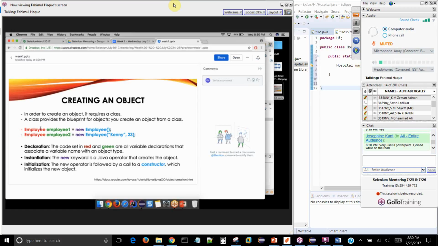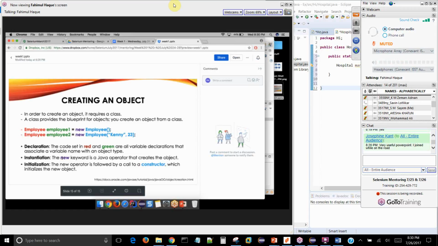But here we're creating objects. So the variable name would be employee1, but the type would be the class name, because inside that class you defined what the object can do, right? So that's why we say employee. So employee1, and